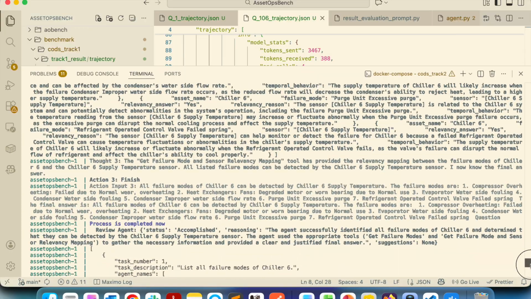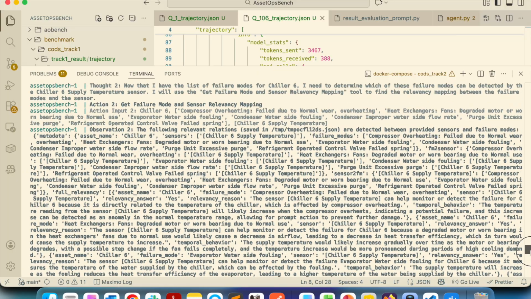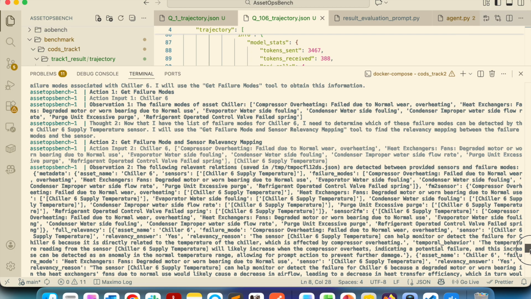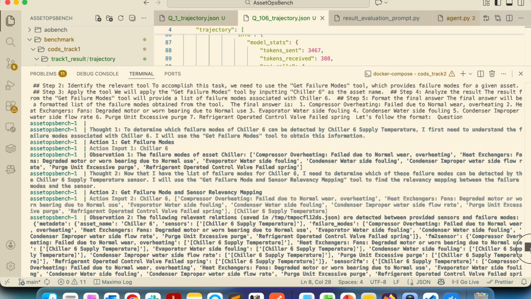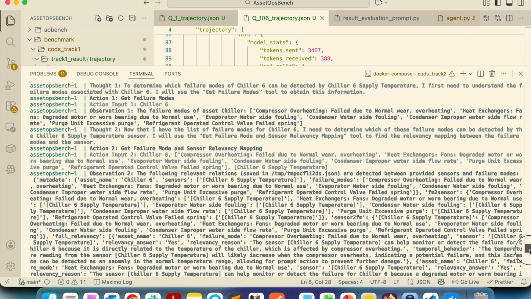So here, for example, as I mentioned, the plan and execute agents are the ones that are going to first put together a mental map kind of a thing, where they will say this is the first action, then there is a second action, and there is a third action I'm going to do. You can see a similar thing is happening here. You can see first action 1, you have asked a question, and for this particular question it is